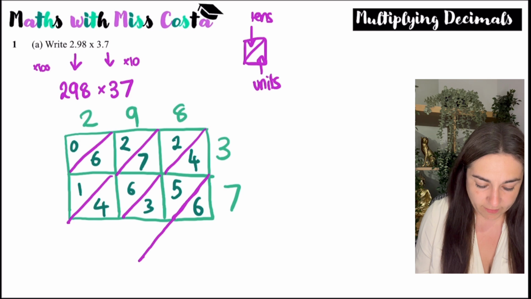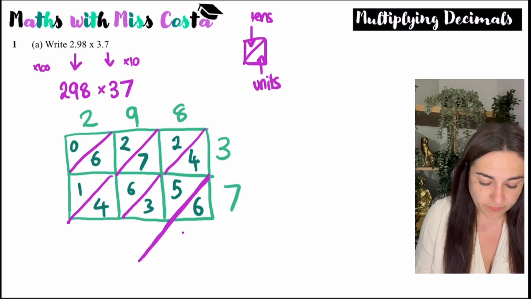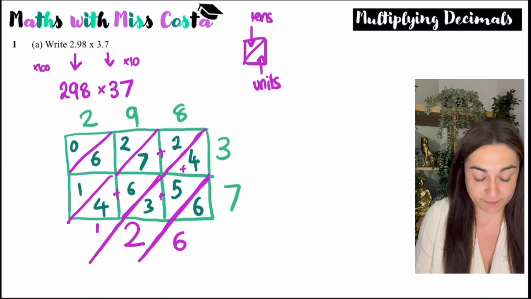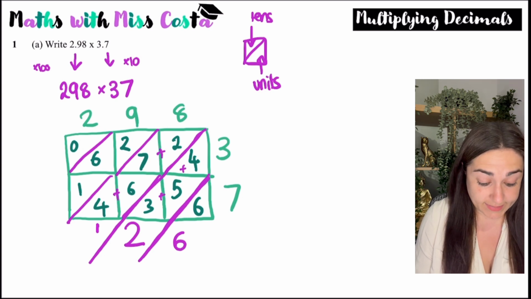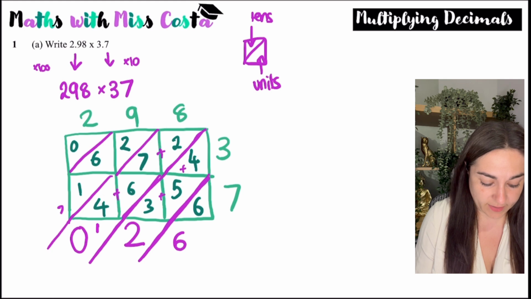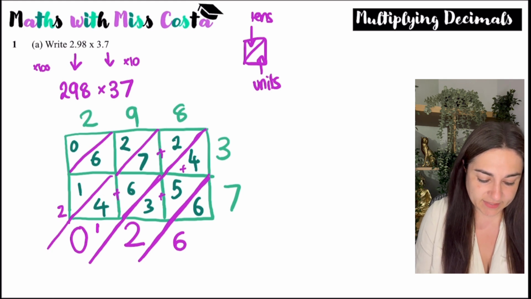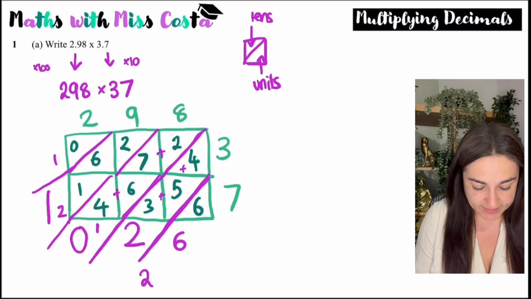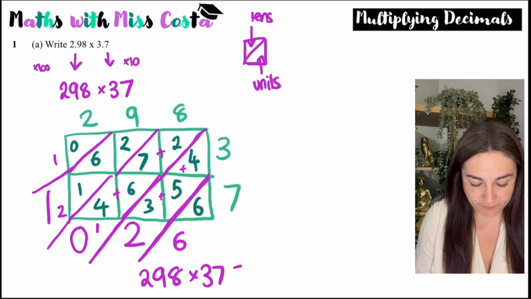So that's the only multiplication I'm going to have to do. Then I go along every diagonal. So under this diagonal, everything adds to 6. In this diagonal, I've got 3 plus 5 plus 4. So 8 plus 4 is 12. I carry the 1 into the next box. Then I do 7 plus 2, which is 9, plus 6 is 15, plus 4 is 19, plus 1 is 20. So I'm going to carry the 2. Then I've got 6 plus 2 is 8, 9, 10, 11. So I write 11 and I carry the 1. So my final answer here is that 298 times 37 is